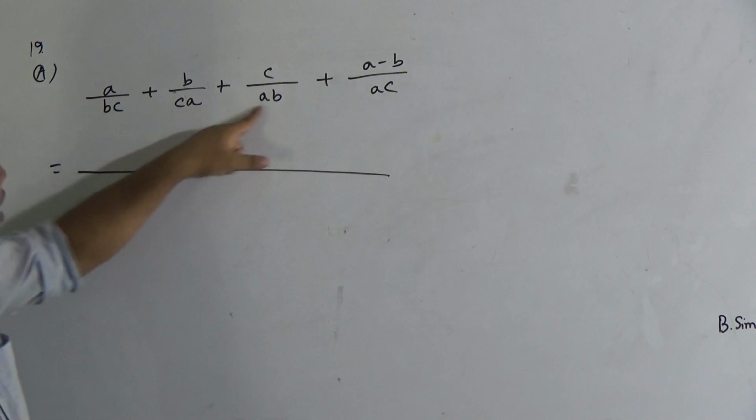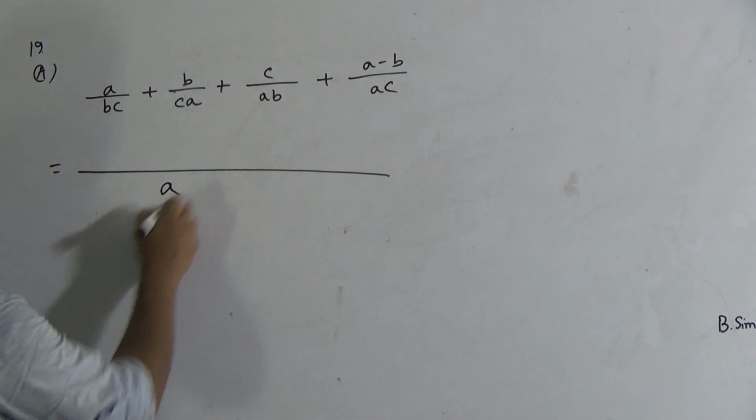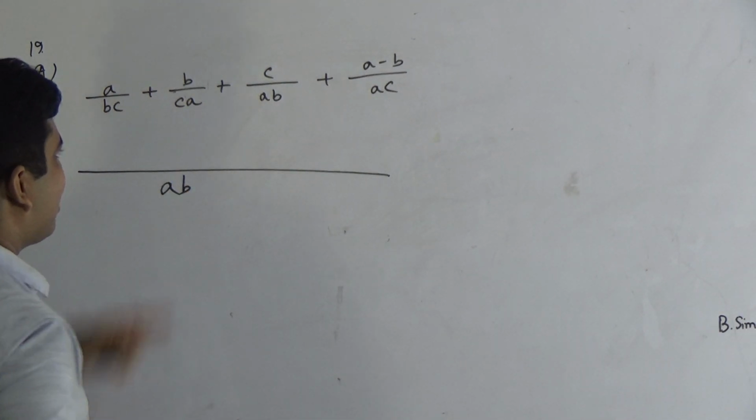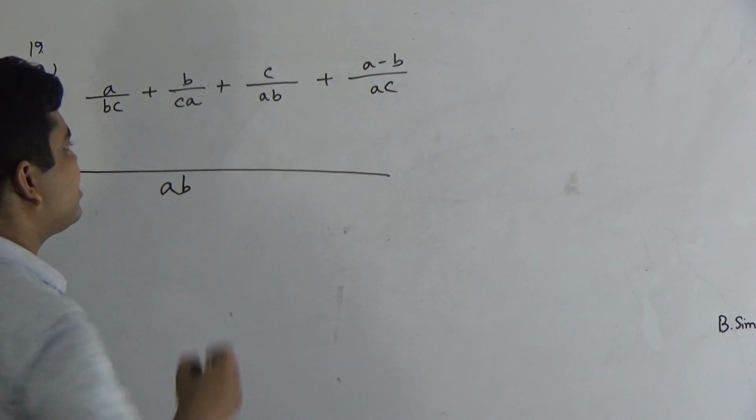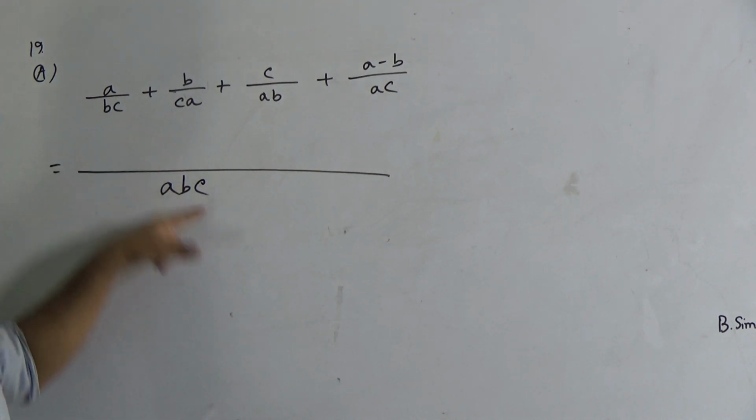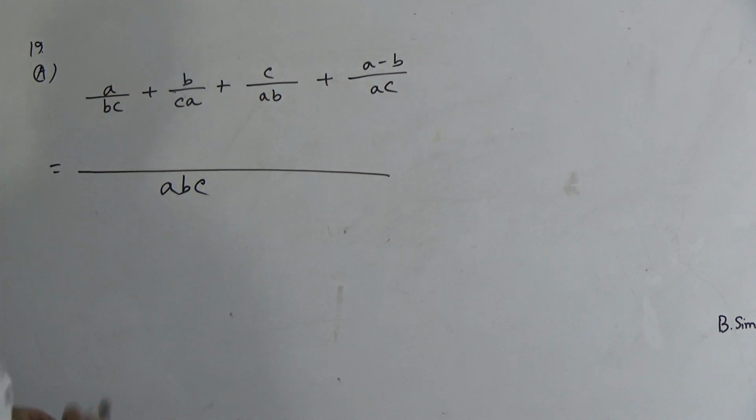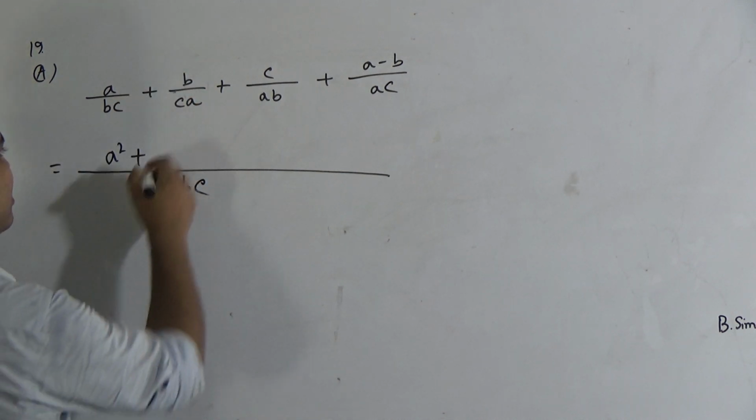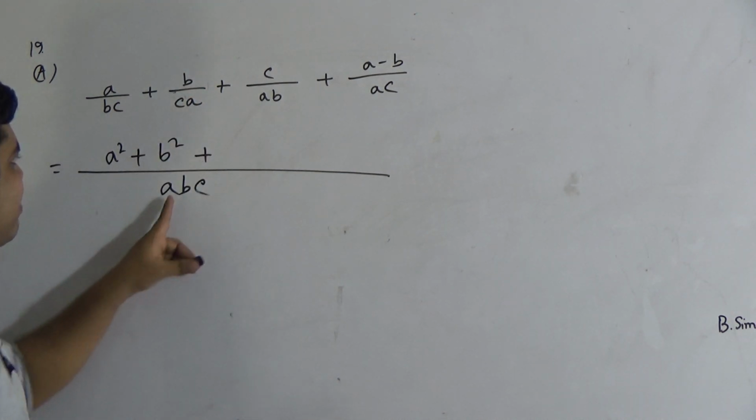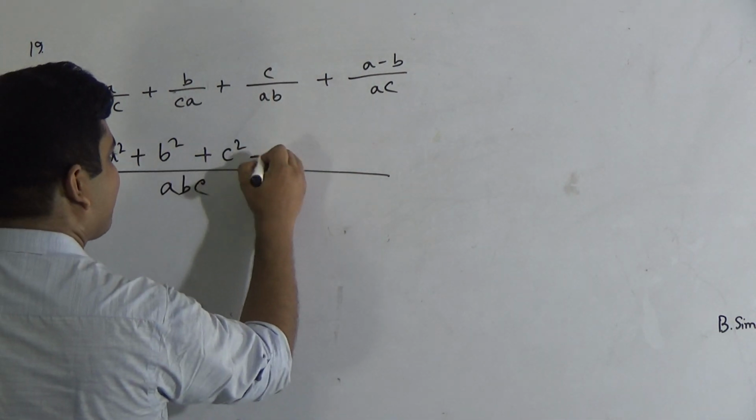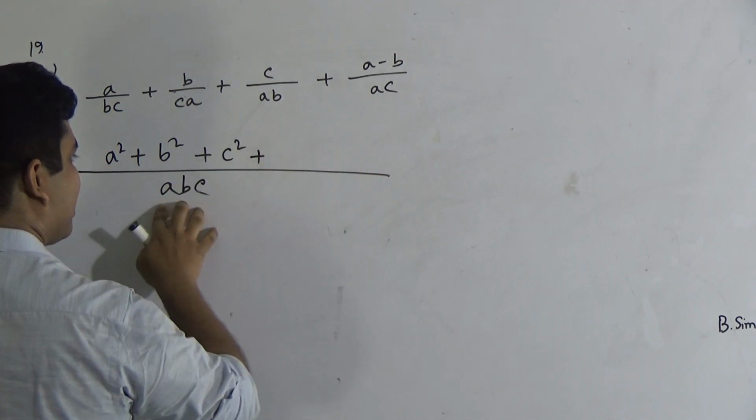Here you notice A is common, so we take A first, then B and B. So from 2B we take 1B, and C. So we take C. Now notice we divide this ABC by BC and we get A. That is multiplied with the numerator, that means A square, plus we divide this ABC by CA and we get B. B is multiplied with this B and it will be B square, plus we divide this ABC by AB, we get C. C is multiplied with this C and it will be C square,